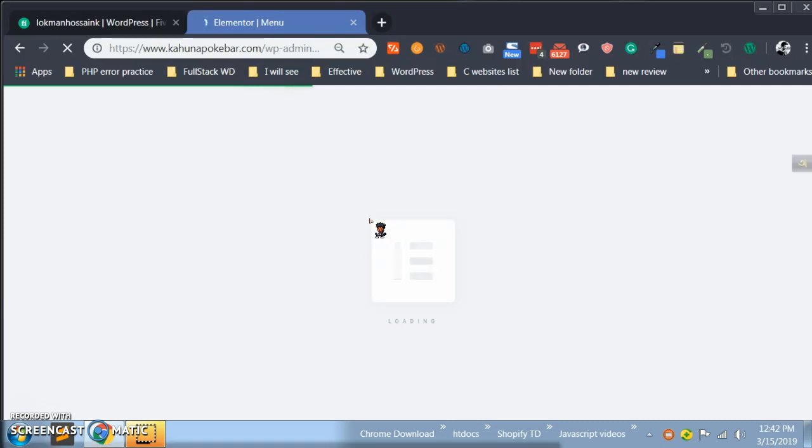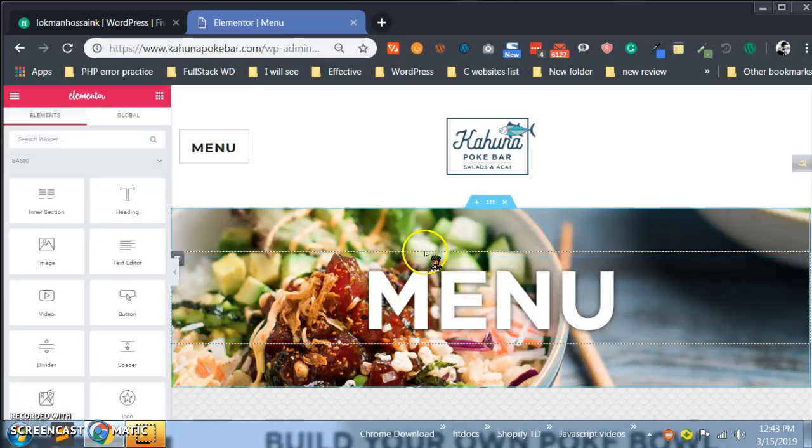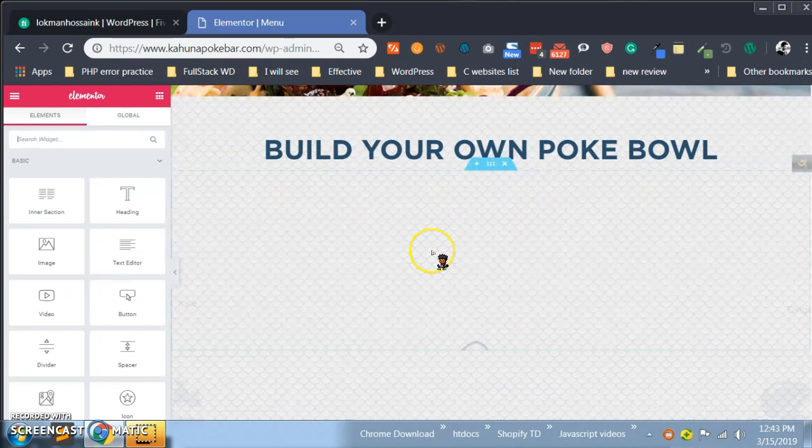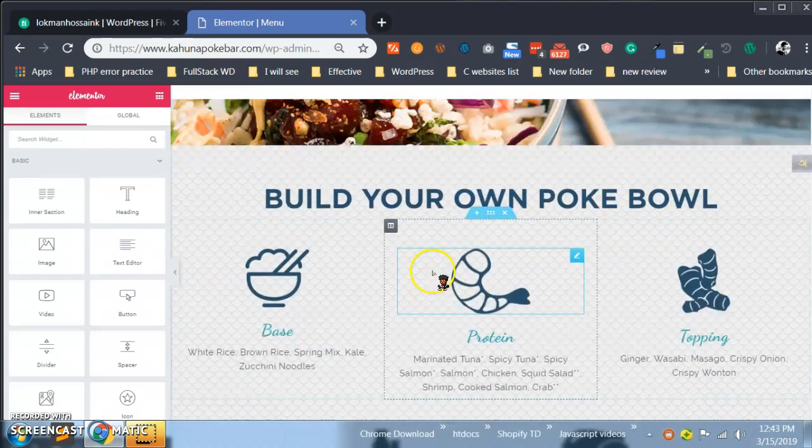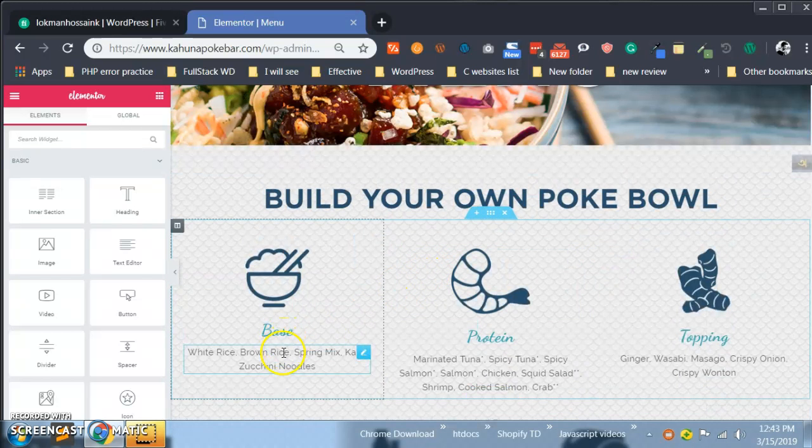Sorry, my internet connection is very poor, so it's making it a little bit slow. Okay, when you are able to see your page, and you want to change, like you want to change the base